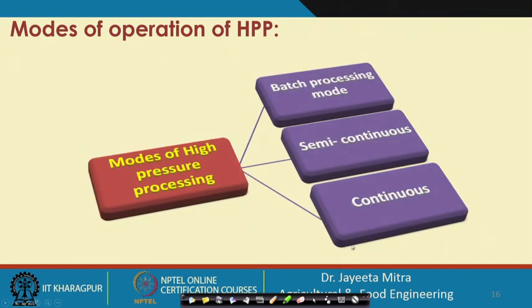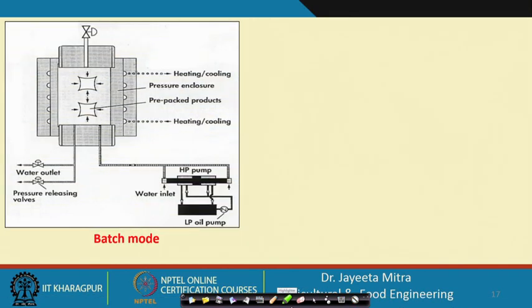Modes of high pressure processing: as I mentioned, we mostly get the batch processing module, and somewhere we can see the semi continuous. We hardly get the continuous module, specifically for food we get very few. So, mostly these two we can observe, and this is the batch mode kind of system,